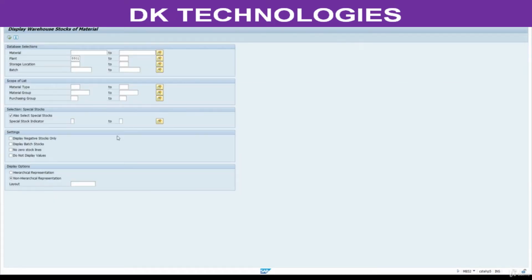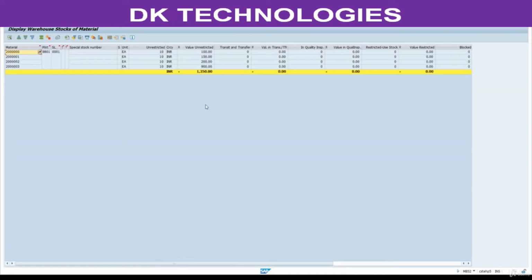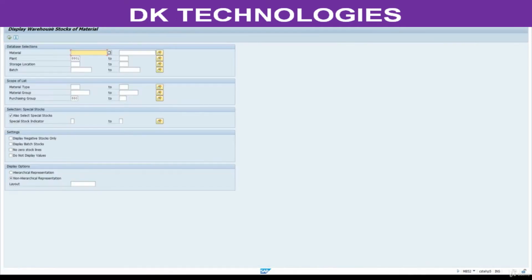My requirement, I want to reduce my data entry time because I am accessing this very often and I am always going to check 8801 only and this purchasing group 880. Execute. See, I am getting this report. So now we will see. I will delete this.